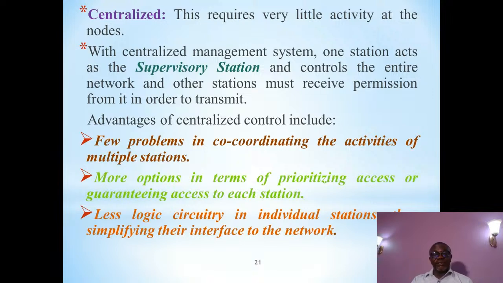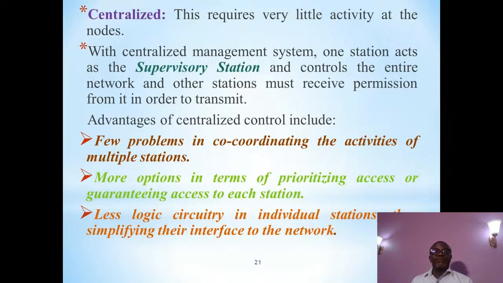So it has its own advantages, which are few problems in coordinating the activities of the multiple stations, more options in terms of prioritizing access or guaranteeing access to each station, and less logic circuitry in individual stations, thus simplifying their interface to the network. So you see that it has a very good advantage